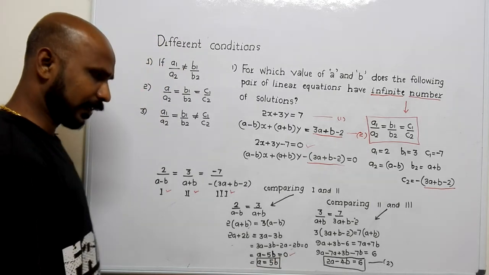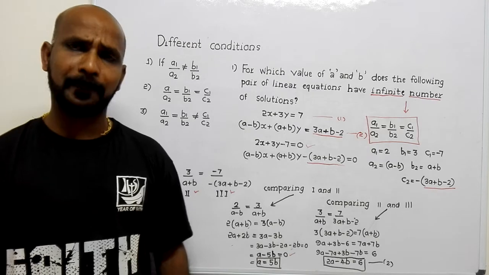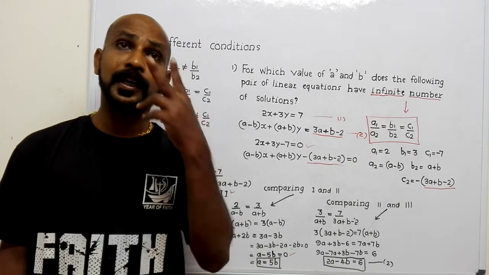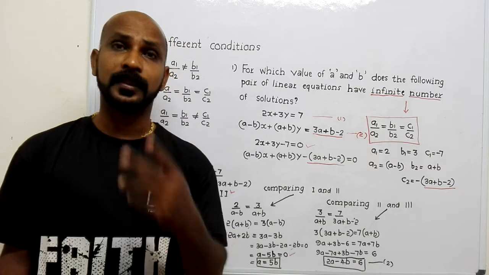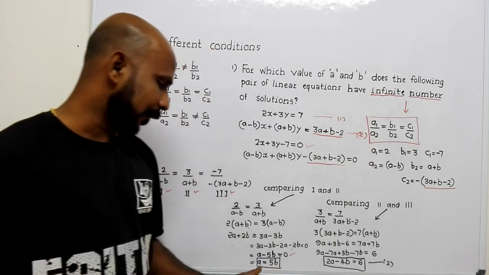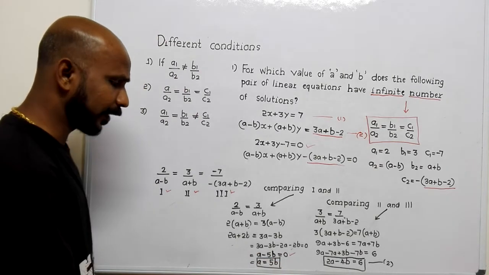It means for our understanding to apply substitution method, what shall we do? We can apply substitution method, elimination method, cross multiplication method. If only two terms are existing, no constant term, just you can use substitution method. So I applied substitution method here. This means A minus 5B equal to 0. That means A equal to 5B.